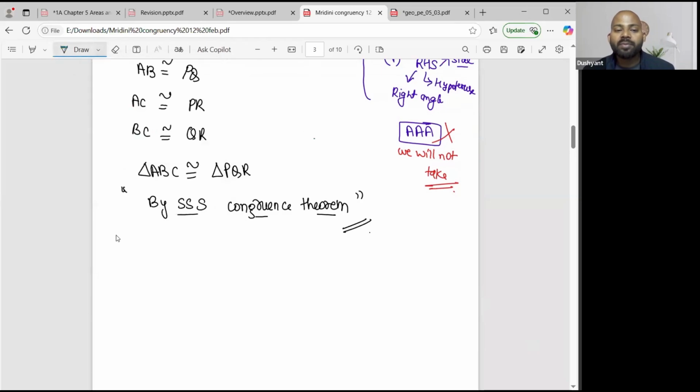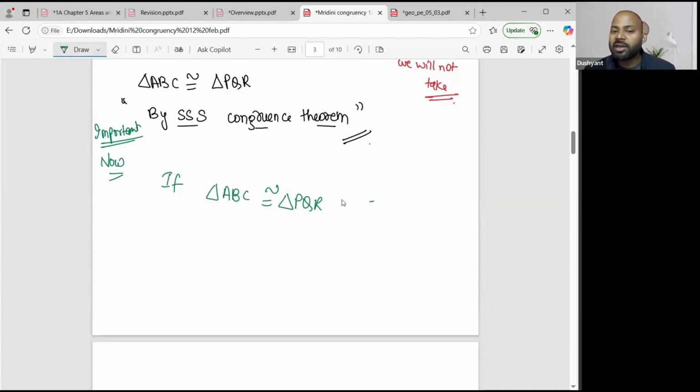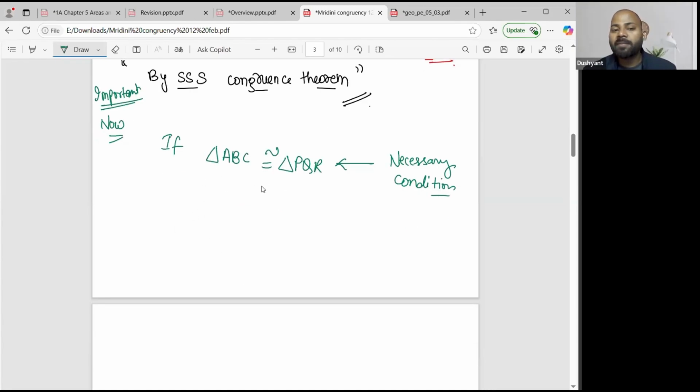I am going to tell you. Now, this is very important. If triangle ABC is congruent to triangle PQR, this is the necessary condition. If we don't have congruency, if two figures are not congruent, we will not discuss this theorem. So if two triangles are congruent, then we can say